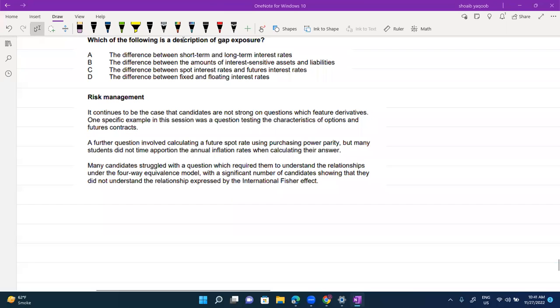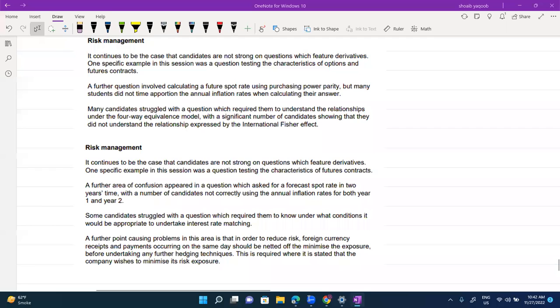Please read these three paragraphs immediately. आगे वाला भी देख लें।